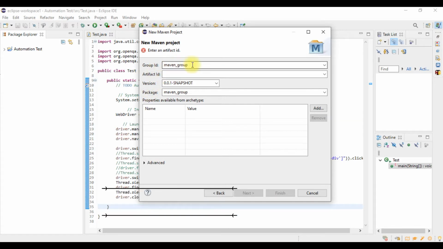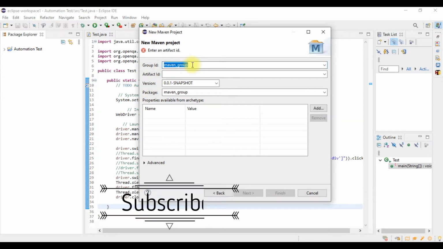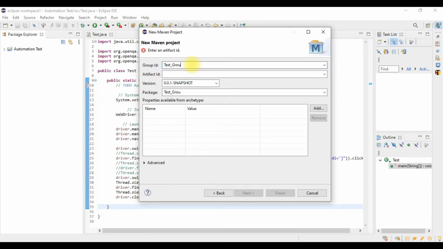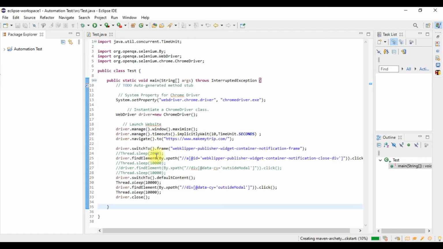So let us give the group ID as test_group, and let us give the artifact ID as test artifact. So the package name is automatically generated, the group ID dot artifact ID. Then we will click on finish.